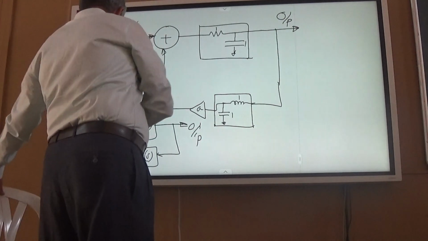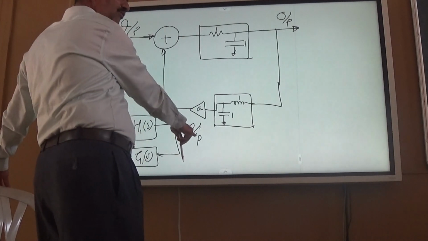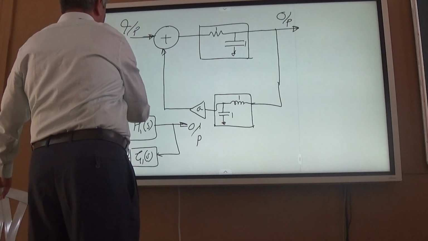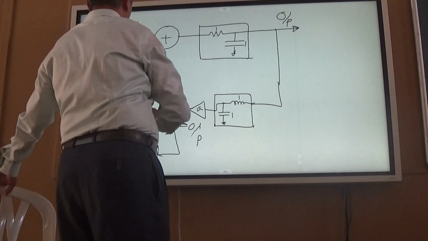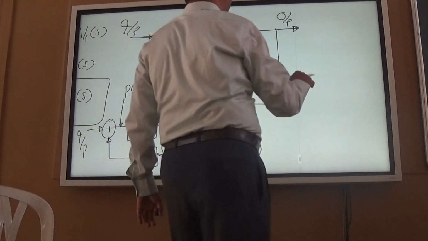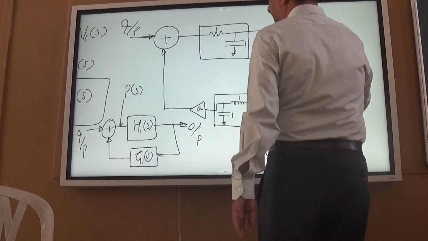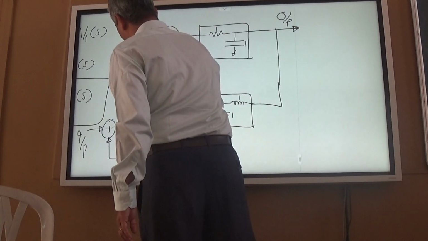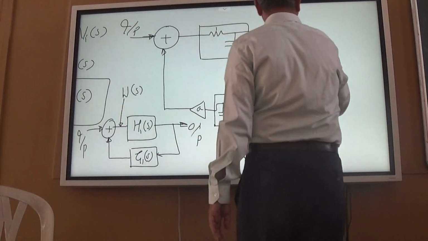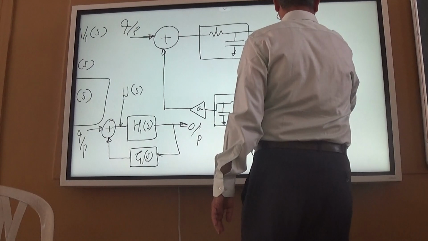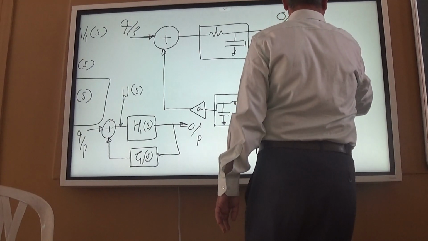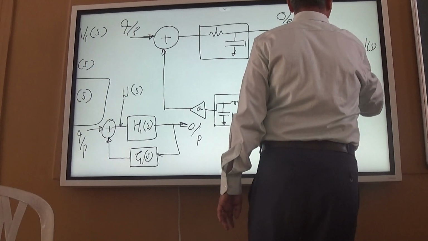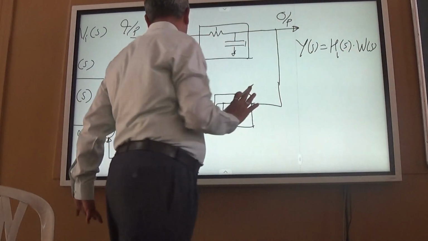For the input, you can use X, this you can use W, so Y, and this you can use some other variable, say P of S. Sometimes we use P for numerical denominators, we use W of S. So Y(s) is equal to H1(s) into W(s). What is W? I again repeat,